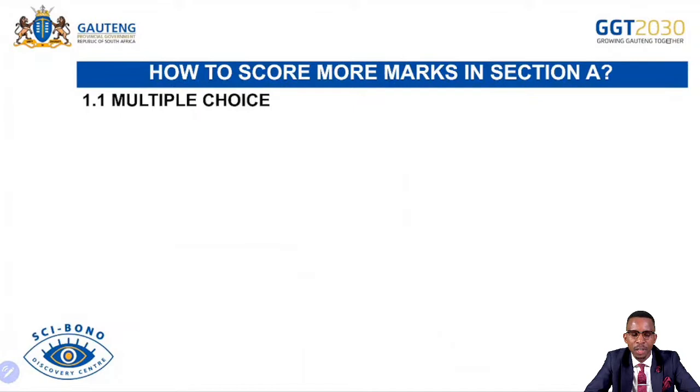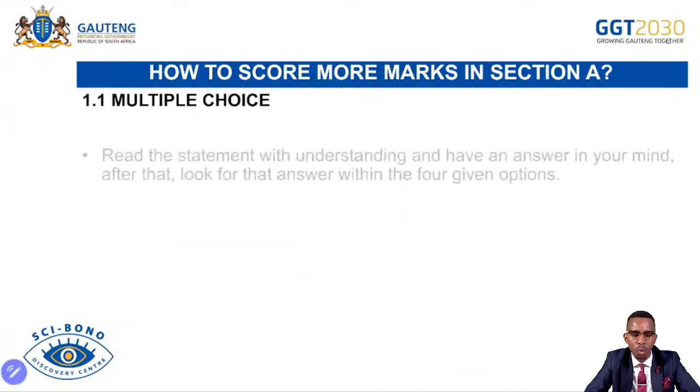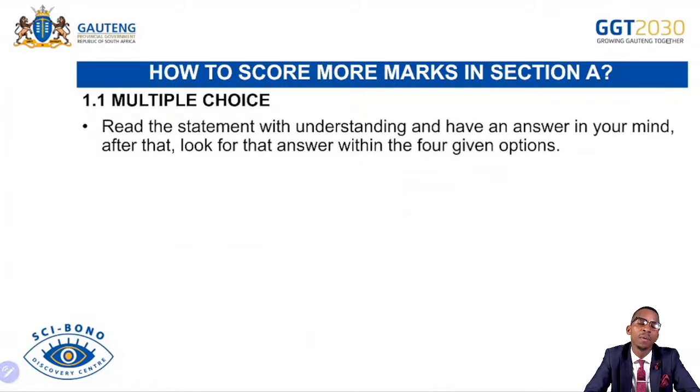This section simply explains how to score marks in section A. What should we do to get more marks? Remember, section A is a very important section that we normally ignore because we go there and guess answers and choose wrong answers. Remember, it is worth 30 marks. So if you can ensure that you secure that 30 marks, it will always be easy for you to go above